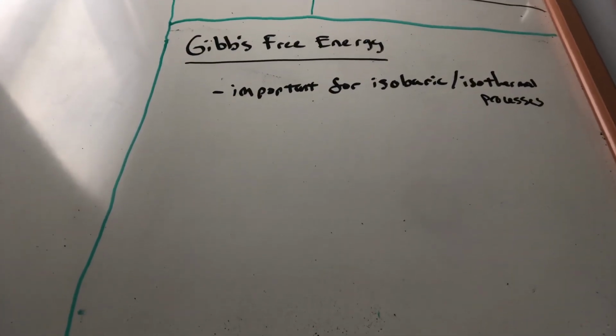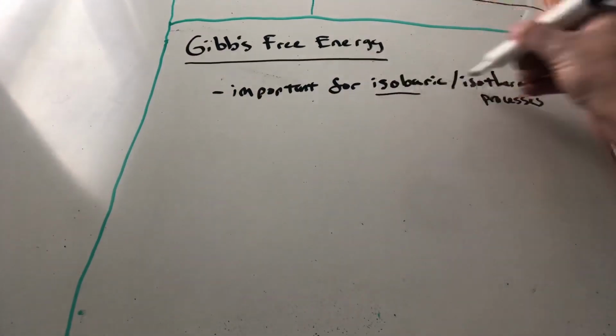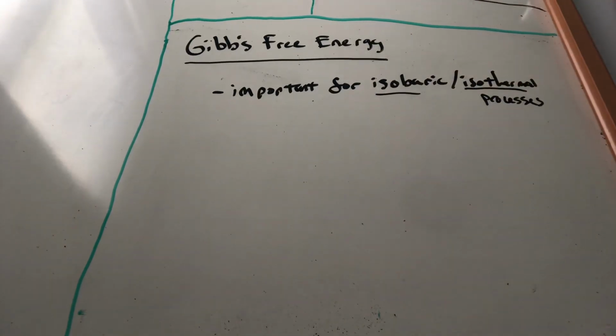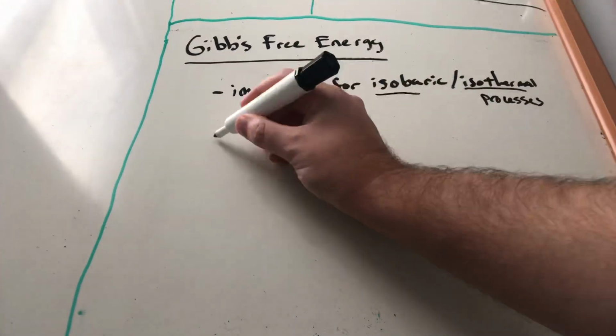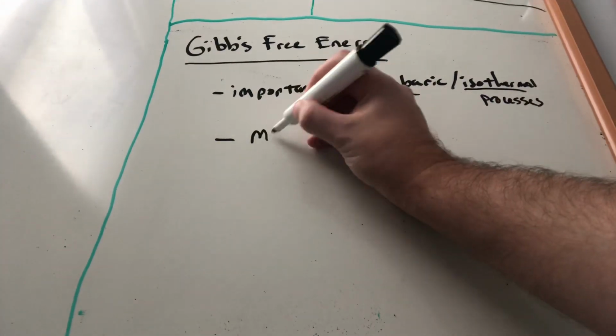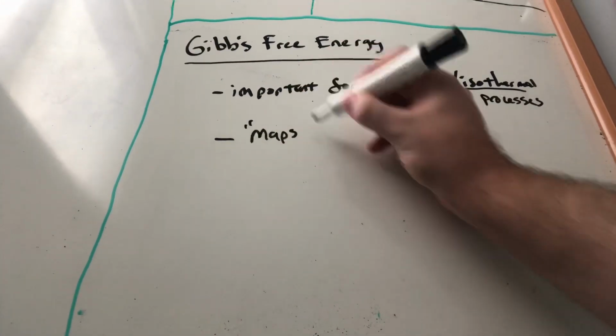So the next critical thermodynamic property we're going to introduce is Gibbs free energy. Gibbs free energy has a certain definition, just like Helmholtz energy. Gibbs free energy exists for any process, but we're going to say it is important for a process that's simultaneously isobaric and isothermal, because during those types of processes it maps onto